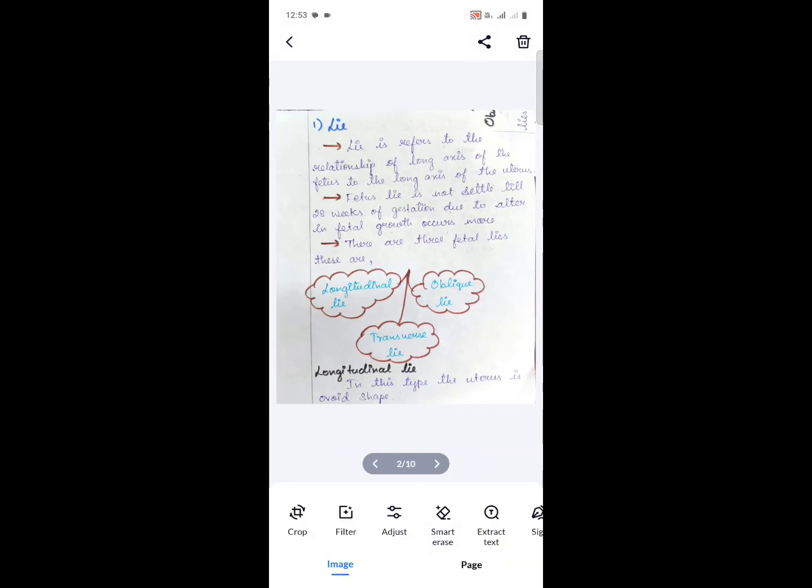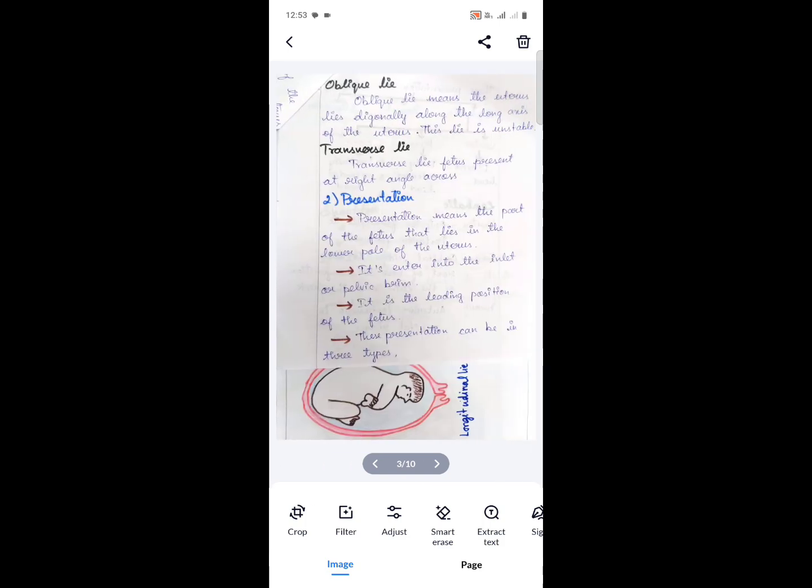Here, lie refers to the relationship of the long axis of the fetus to the long axis of the uterus. Here you can see the images. This is the longitudinal lie, where the fetus lies longitudinally. The fetal axis, the spine, will be straight. The fetus lies in the same direction as the uterus